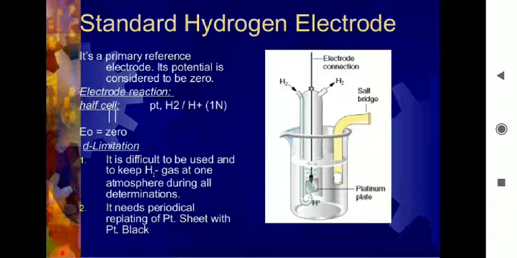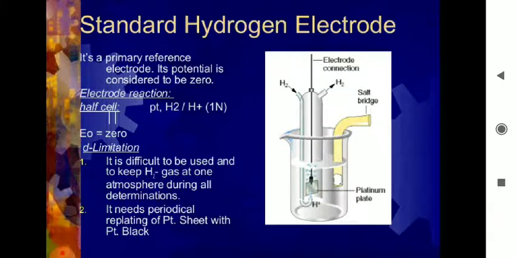Students, this figure may be asked in your theory exams also. Sometimes in this figure you will notice that we have constructed a standard hydrogen electrode, and the yellow glass tubing that we have shown in this figure indicates the salt bridge. The applications of the salt bridge we have seen in detail in our previous lecture. You just search for the salt bridge and you will get all the details.